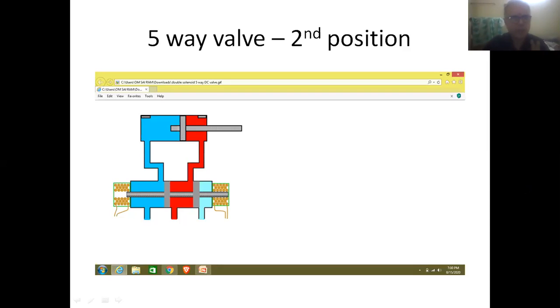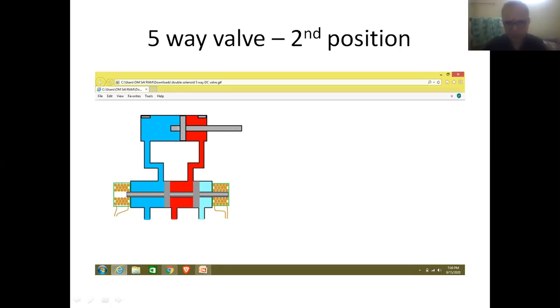So therefore, the fluid will be entering from the right-hand side of the cylinder, shown in red color, and it will be leaving from the left-hand side of the cylinder, shown in blue color. So therefore, the piston will begin to move in the reverse direction. That is called the return stroke of the piston.